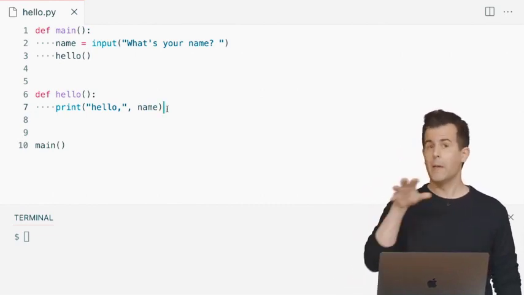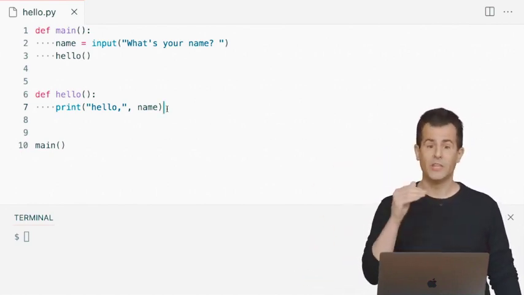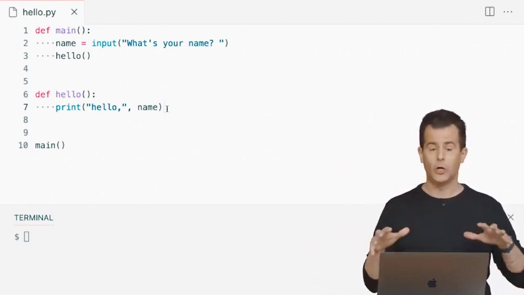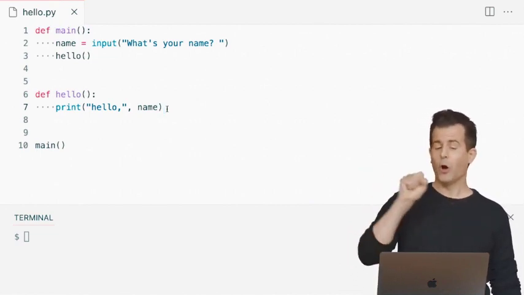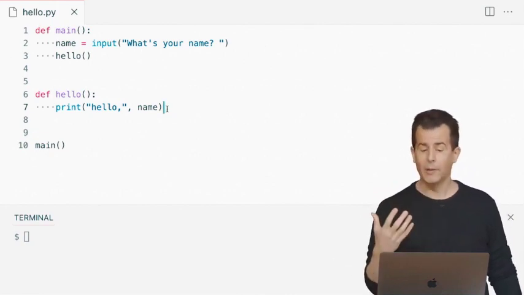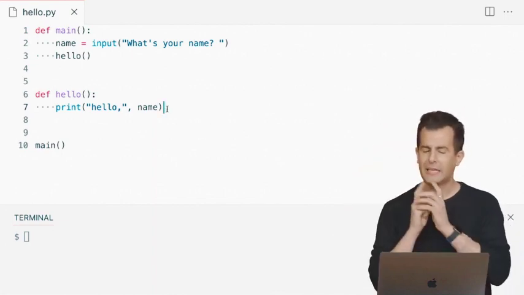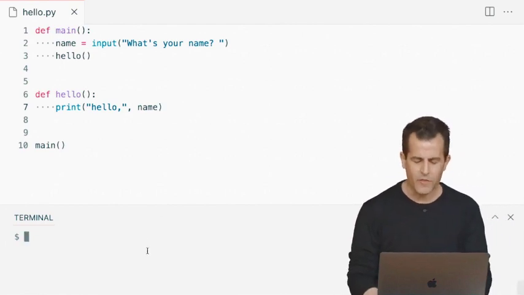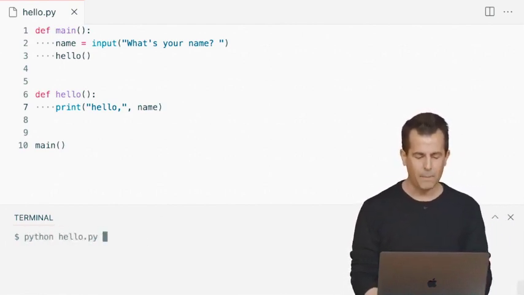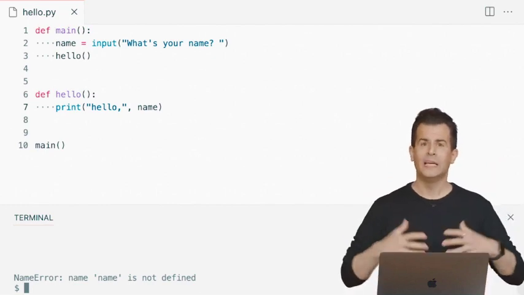So now to be clear, in my main function on line 2, I'm defining my variable called name and assigning it the return value of the input function from the user. I'm then just calling hello. In my hello function, which now no longer takes any arguments, I am calling print, passing in hello, comma, and then immediately passing in name, the variable into which I got the user's input. But the catch is that name exists now only in main. And so watch what happens when I try to run this version of the program with python hello.py. I hit enter. I'm prompted for my name, D-A-V-I-D, enter, and a name error. Name, quote unquote, is not defined.